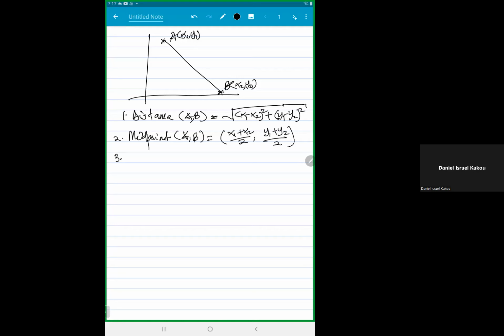So the same for the gradient of AB, which in other words could be called the slope, and sometimes represented by the letter m. So we have the slope, it would be the gradient, and sometimes represented by m. It's always the difference in the y coordinate divided by the difference in the x coordinate in the same direction,